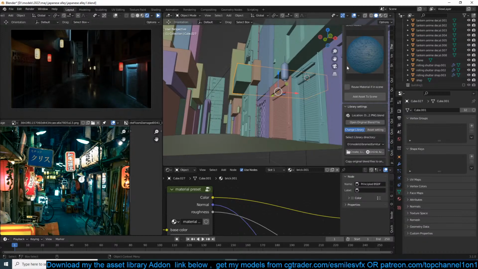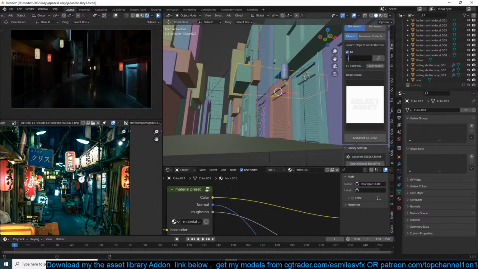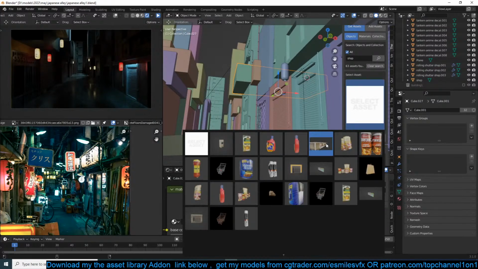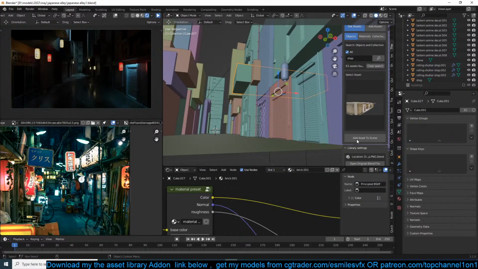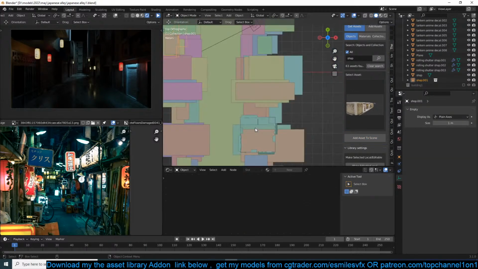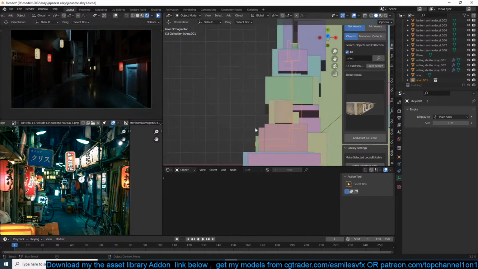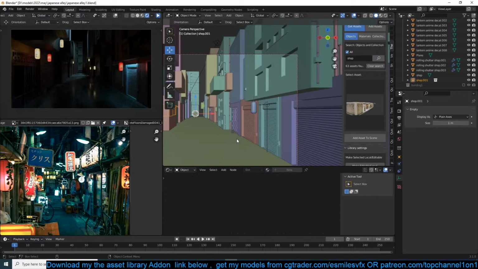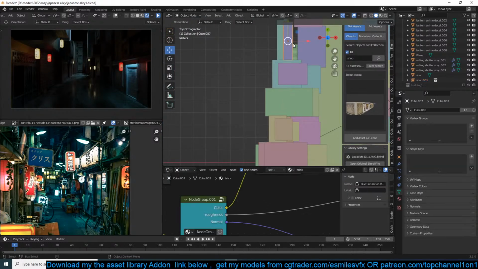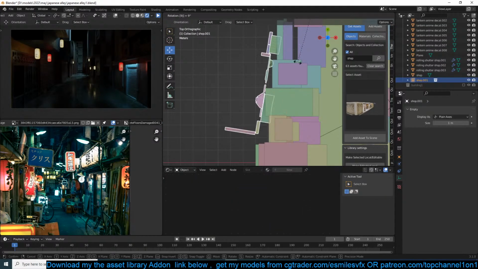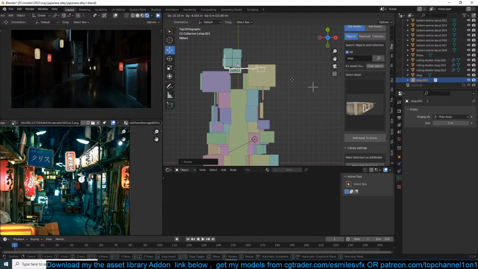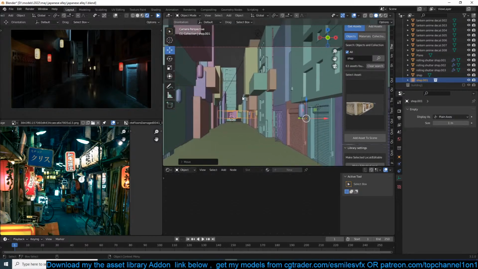Have this sort of street. What is going on? Have this already made street.